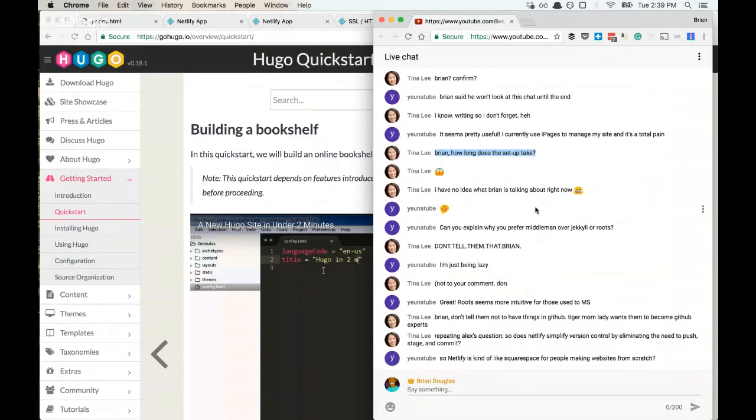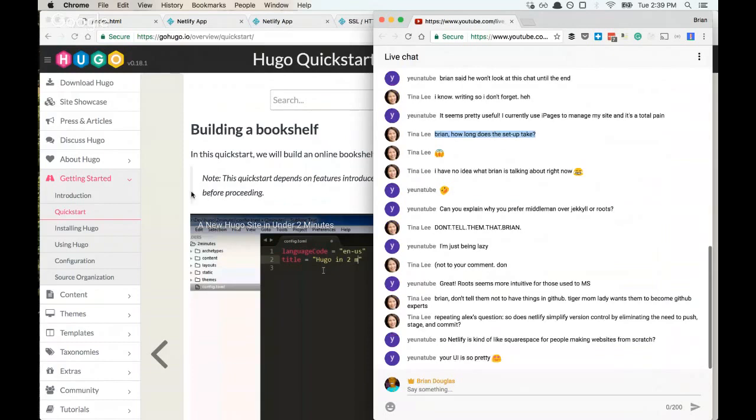So simplifying version control by eliminating the need to push and stage and commit. I don't think we still rely heavily, we're integrated, so if you're doing it locally, you will need to stage and commit locally and then push your changes to your branch. We do have deploy hooks, which is another,